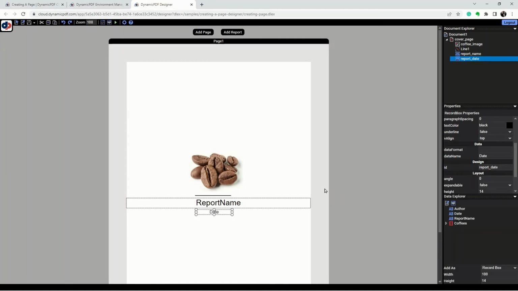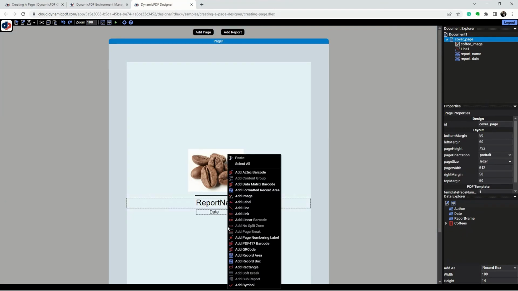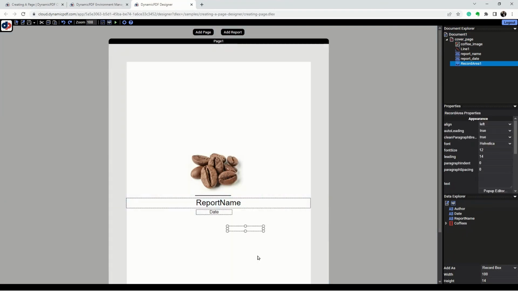Now let's add the author to the cover page. We're going to add a record area. So right-click anywhere in the page. From the context menu, select Add Record Area. Go ahead and center it. And over here in the properties, in the record area properties, you'll see text, a text field. Enter the text,